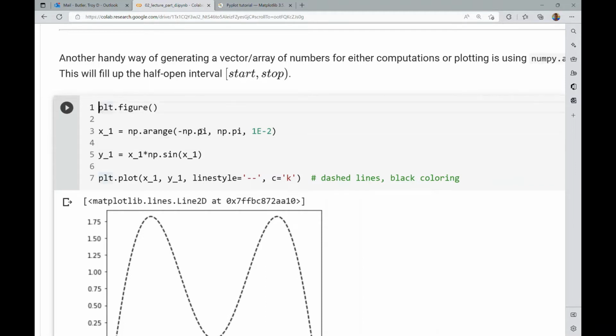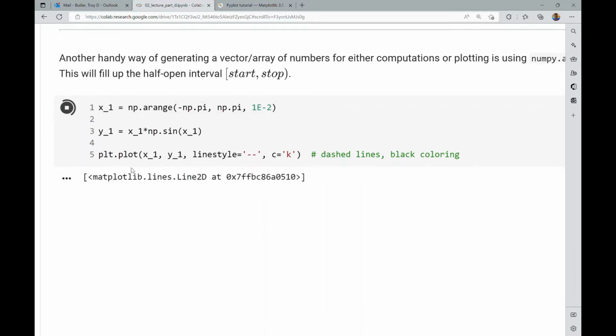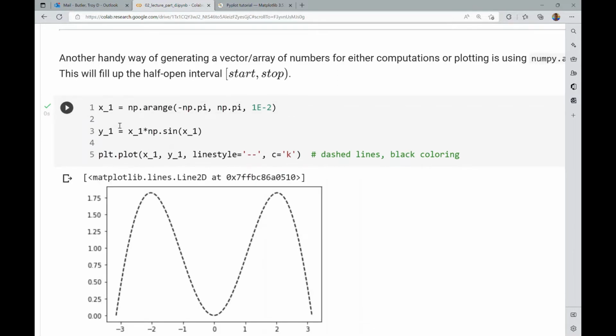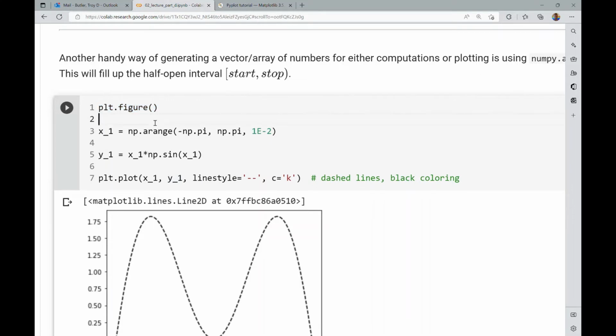Another thing I want to point out is that this plt.figure is actually not technically necessary in the Colab environment. It is in some environments, but we don't need it here. We can get rid of this, and we can run this, and you'll see that same figure shows up. However, I think it's a really good practice whenever you're going to create a figure to explicitly create it